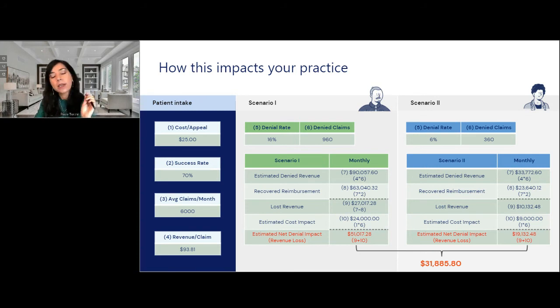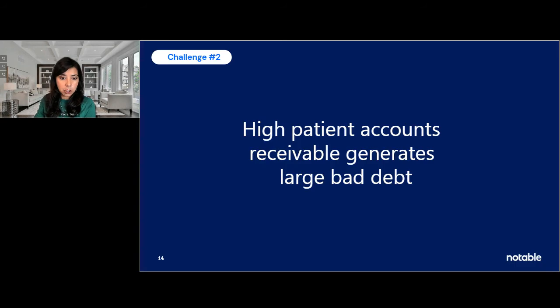But I think it's also important to call out that there are other less quantifiable ramifications, such as the time that is taken away from your resources to attend the most fruitful needs of the organization, such as engaging with patients, implementing proactive solutions that avoid these preventable denials. Now, before we look at how to solve this particular challenge, let's look at challenge number 2,